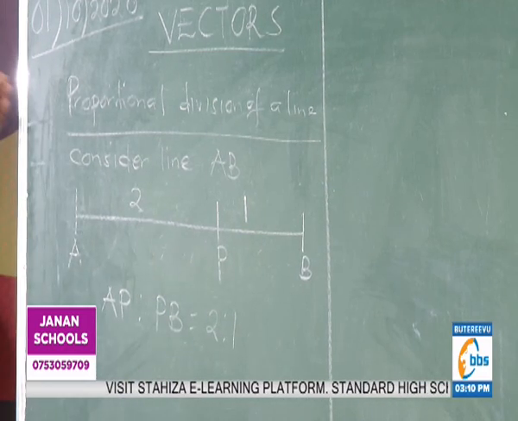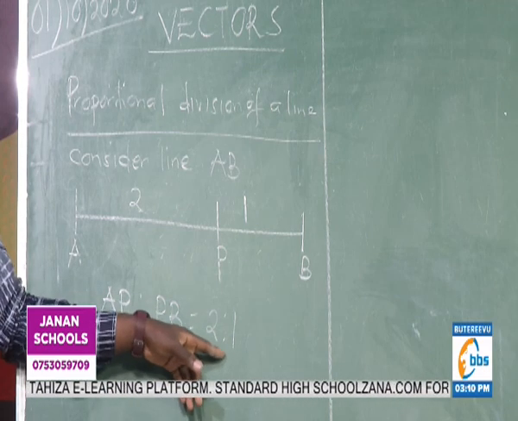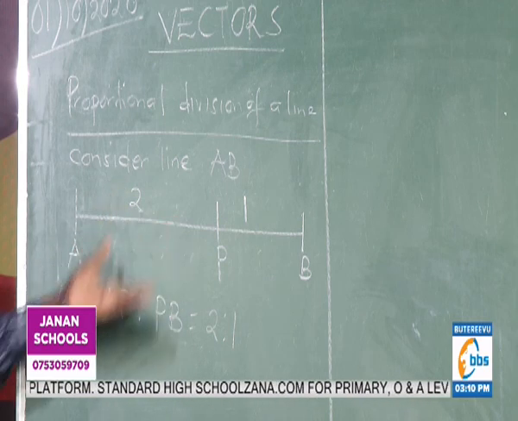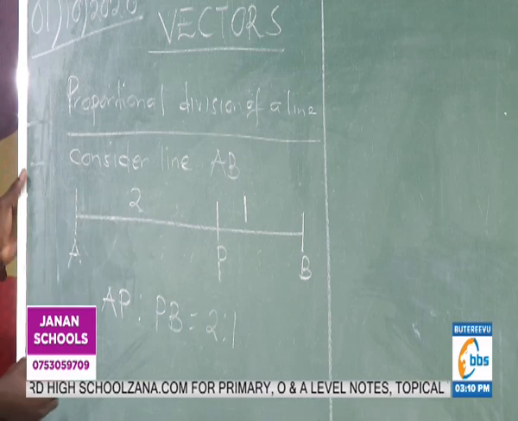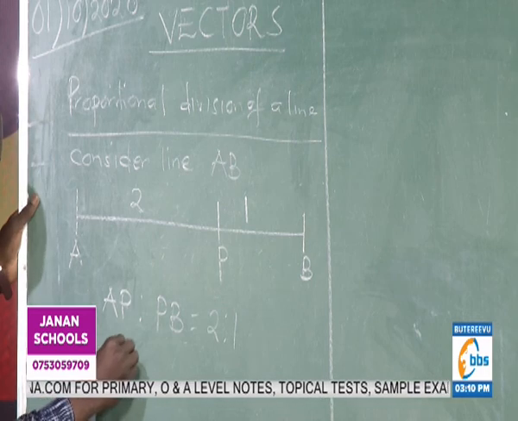So the other will give me this information. They can give us AP to PB equals 2 to 1. We can have something like that. And see, this one represents this. So I can give you this, it still implies this. Look at this also. Another person can tell you, because now these ratios are the same thing as having AP